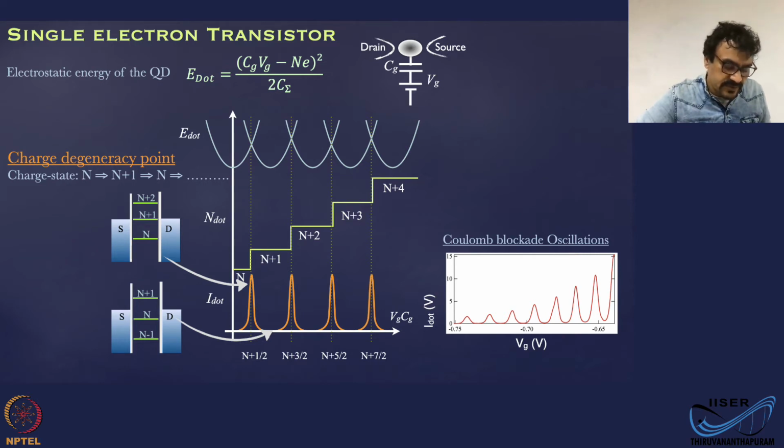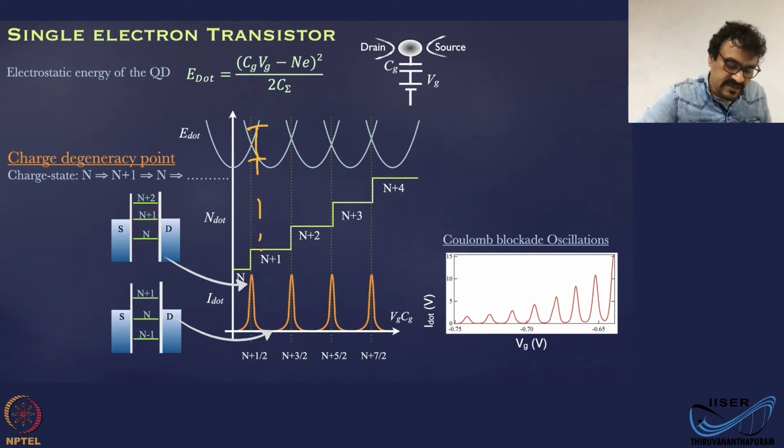Now, when you increase the gate voltage further, you're going to move to this parabola somewhere here. Then this parabola, this point has this charge state energy, this one has this energy. There's a huge energy difference between these two states. Okay, and here n plus 1 is favorable. In this point, n plus 1 is favorable. So the charge state is locked in that position. So you cannot have any transport through the system.